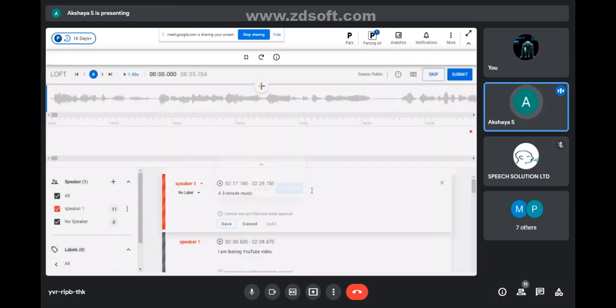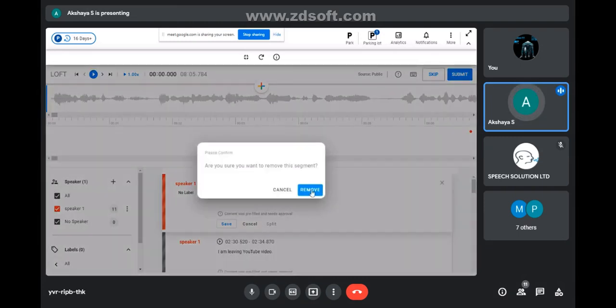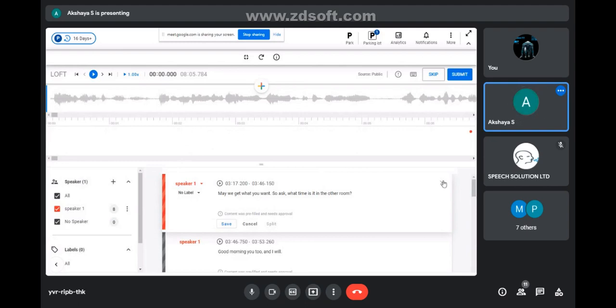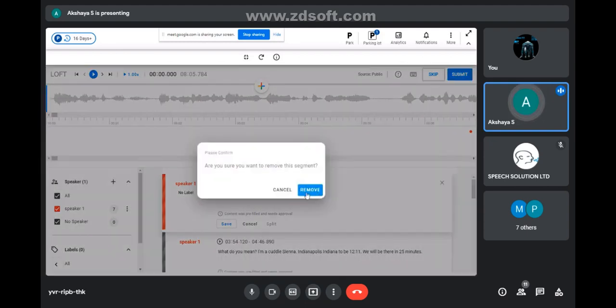That's why I told you to clear all the segments and make them fresh, for your comfort only. Okay, I'm deleting all the segmentation because these are all wrong.